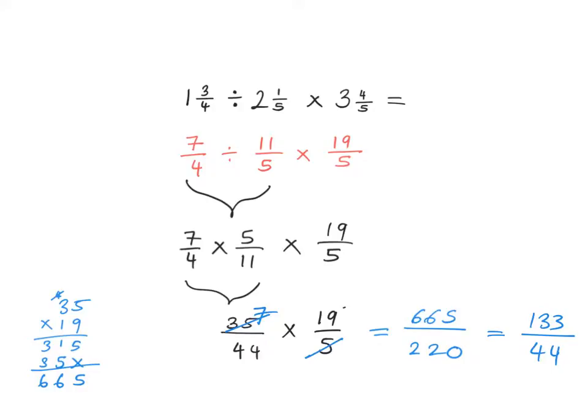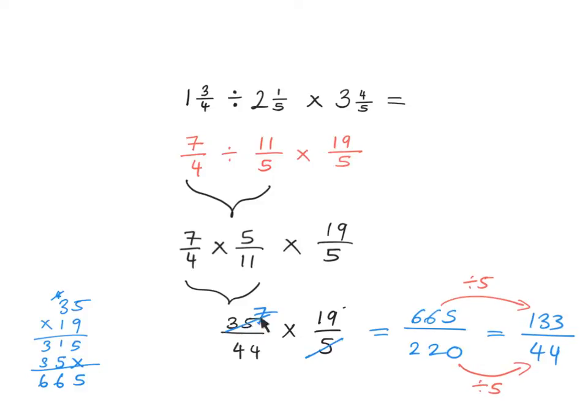So what I'm saying is that when you divide the numerator and the denominator by 5, you're going to get exactly the same answer here. So what I'm trying to teach you is that